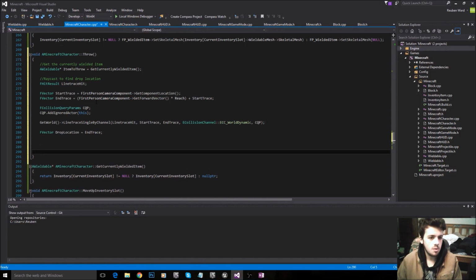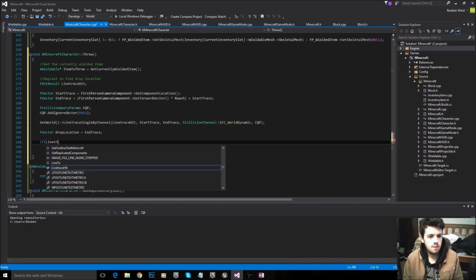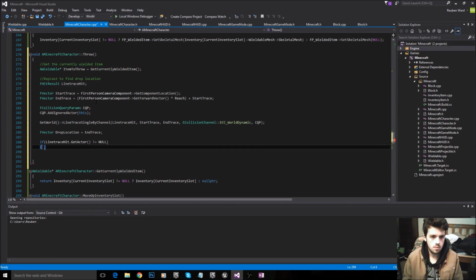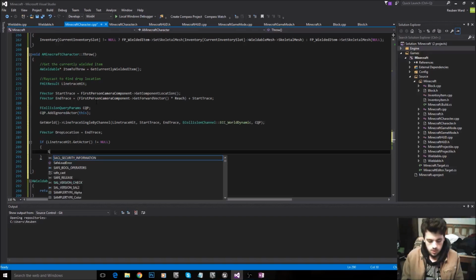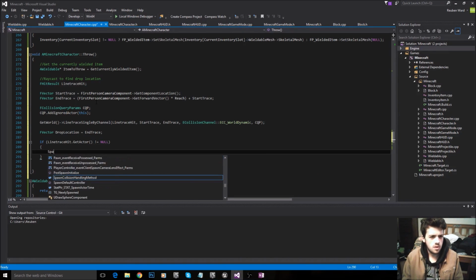And now if we've collided with a block or something like that, we need to drop the item in front of the block and not inside the block. So now we're going to say if there is an actor, so if we've hit something, so we'll say if line trace hit dot get actor is not equal to null, then the spawn location, oh sorry, the drop location